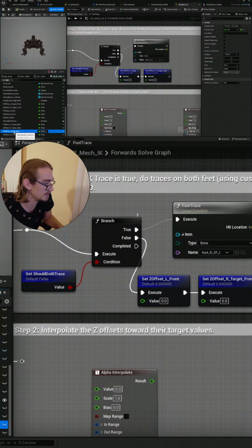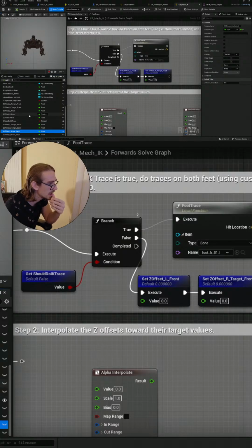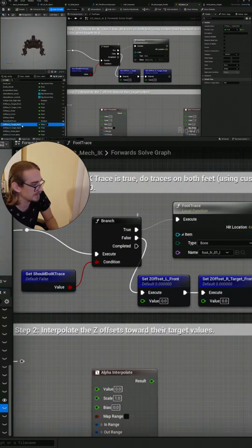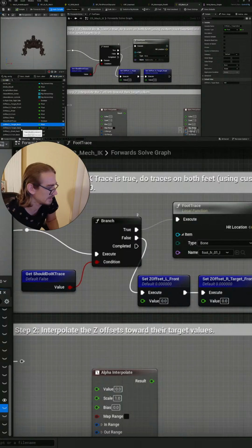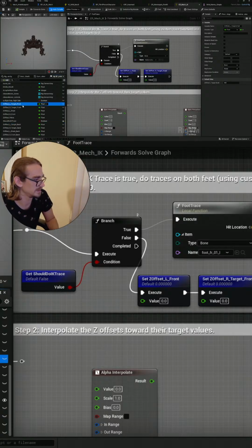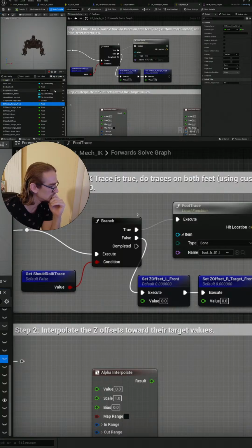C offset L front back. What? No. Just target back, target front. We need the target. We have two fronts. Target. Okay, so